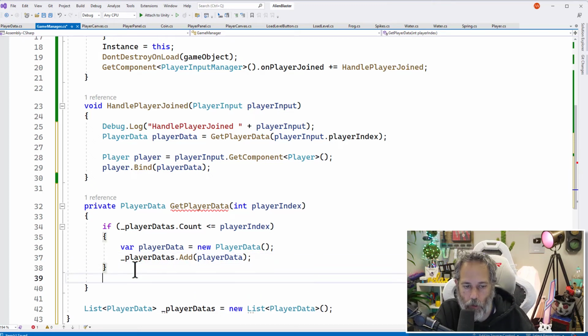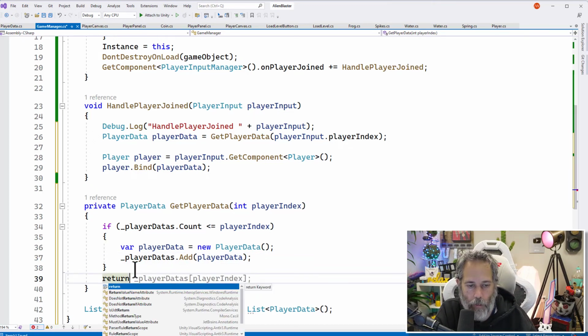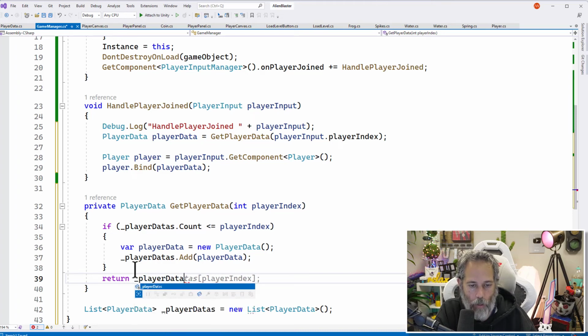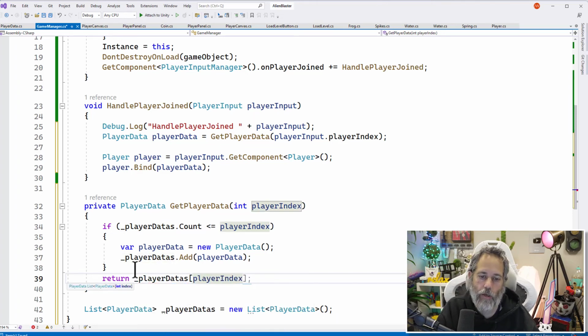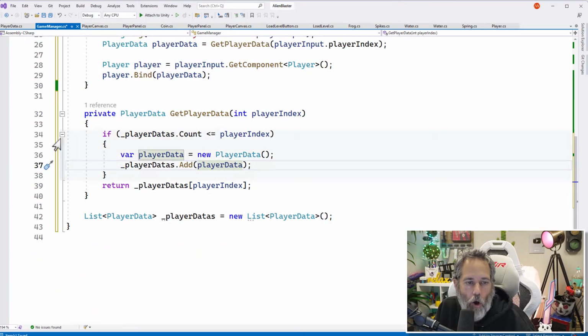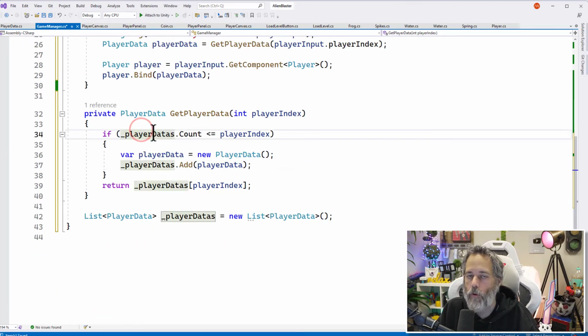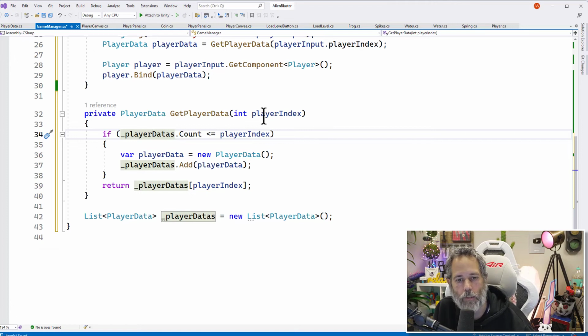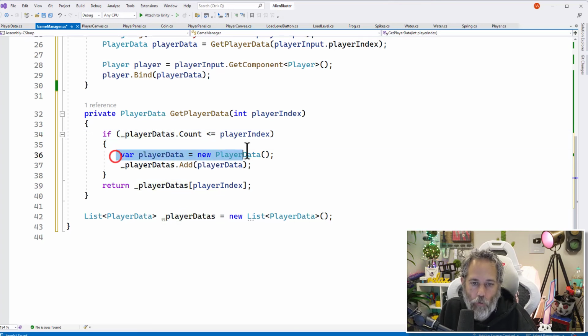Final thing that we want to do is return player datas at player index. There we go. It's auto completing. So let's talk this through. On line 34, if we have no player datas in our list at all, count is 0, which is equal to our first player, which is index 0. So it's less than or equal, it's equal. So we'll get a true statement here, and we'll create a new player data, and it'll get added to this